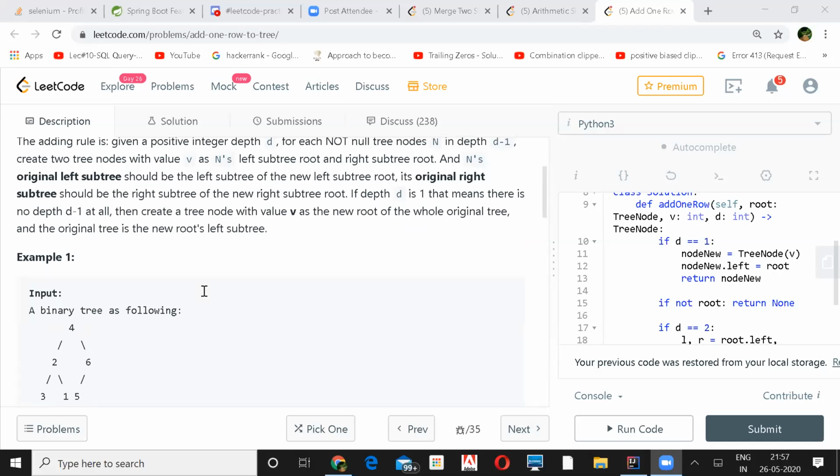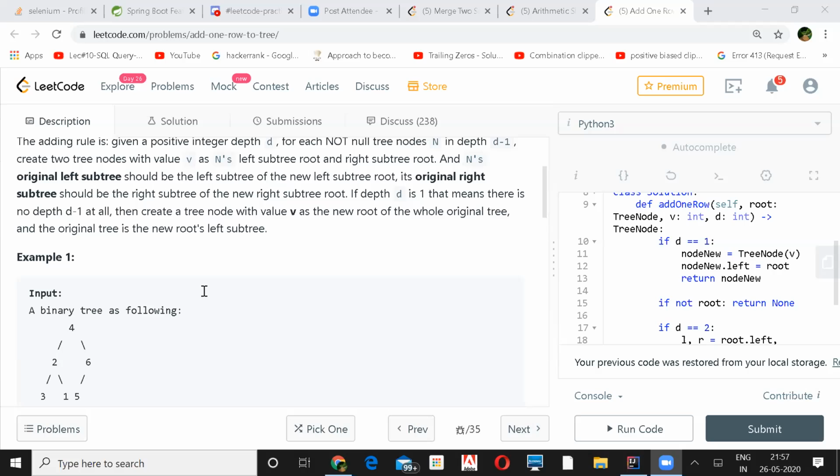Or else I use a queue and keep on adding its left and right, all that BFS way. And when I come to that particular level, I do all that addition and then I return from it.